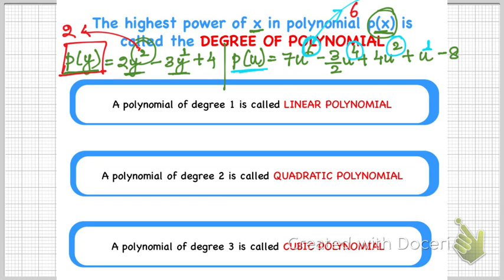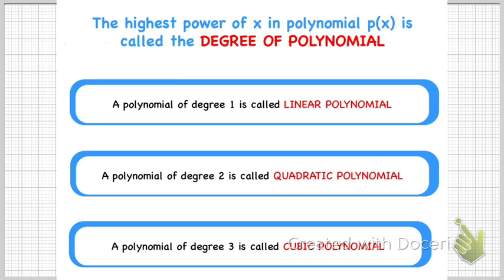Coming to the next one, a polynomial with degree 1 is called a linear polynomial. You have already learned what the degree of a polynomial is. Now whenever you find any polynomial of degree 1, that is a linear polynomial. Okay, so I'll take some examples again. Like if you have p(x) is equal to 2x minus 3.